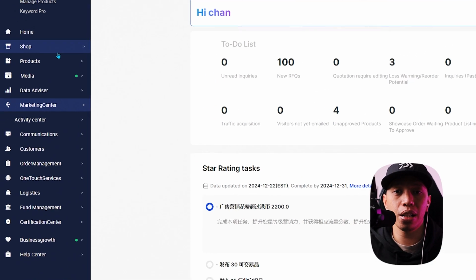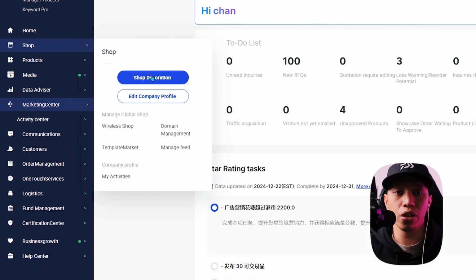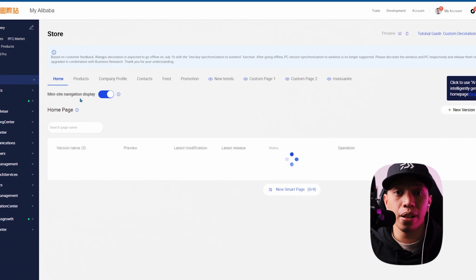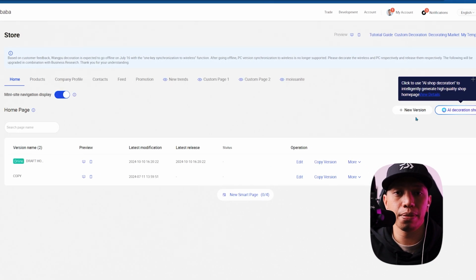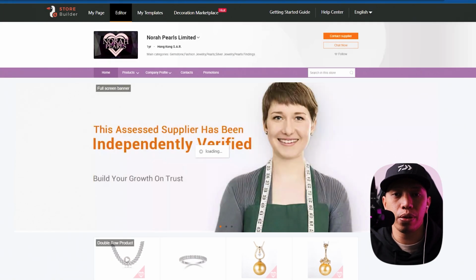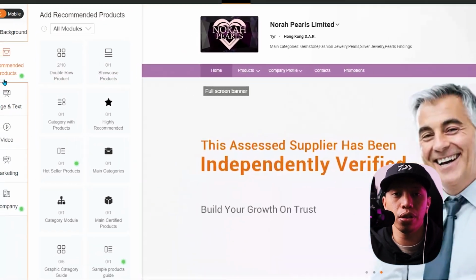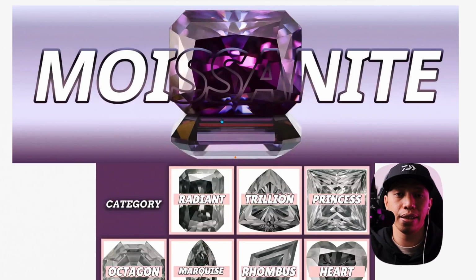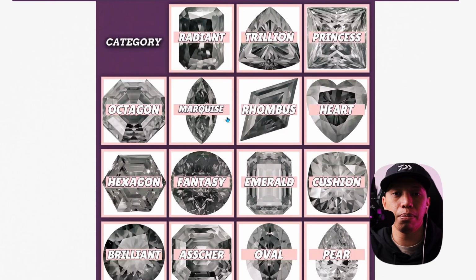Once you have created products for each category, we can now create a storefront. On the navigation bar, go to Shop and click on Shop Decoration. Click on New Version button. Give a name and click Confirm. It is the same thing like we created our product description. We can add module, text, or image. So let me show you how we can create an image category like this, where customers can navigate by clicking